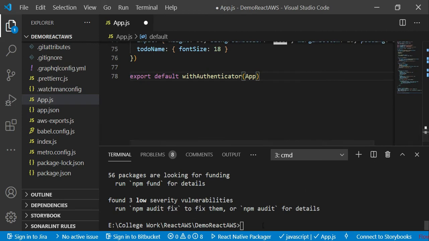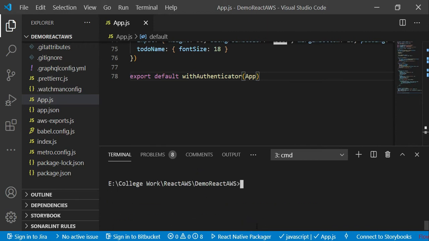Now let us execute this project. Let me save this. Then, to execute it, we have to run the command react-native run-android. I am going to execute it on the Android platform.